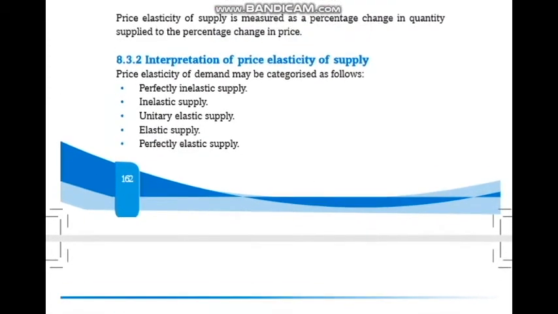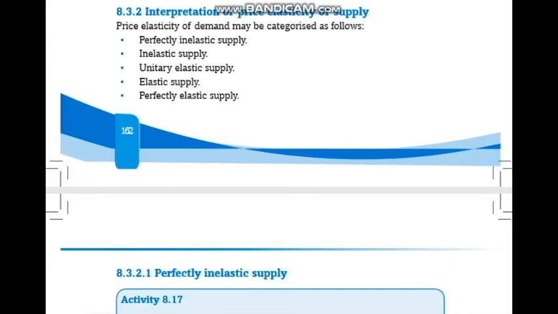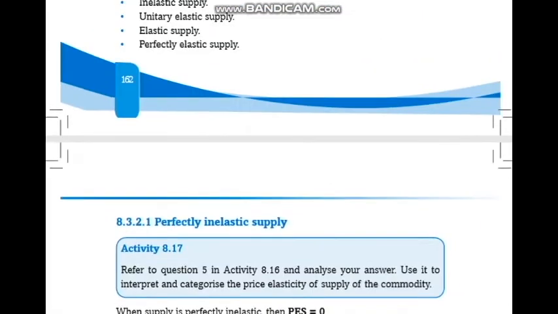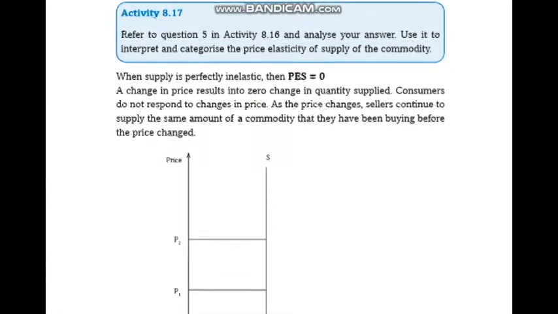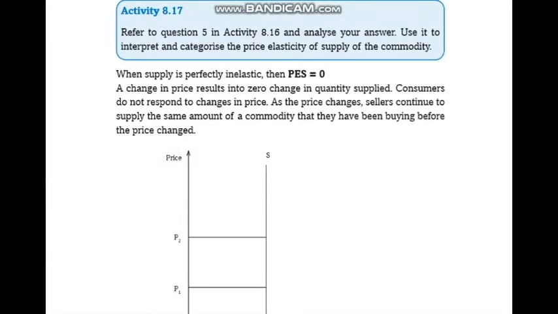As an interpretation of the price elasticity of supply, when you find the price elasticity of supply, and they ask you to give an interpretation, then you will categorize it using these methods. So we have perfectly inelastic supply, unitary elastic supply, and elastic supply. So in perfectly inelastic supply, this gives us a supply